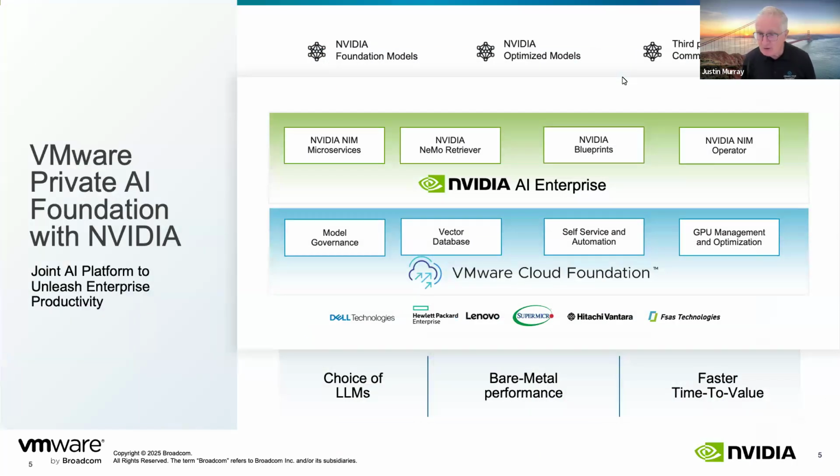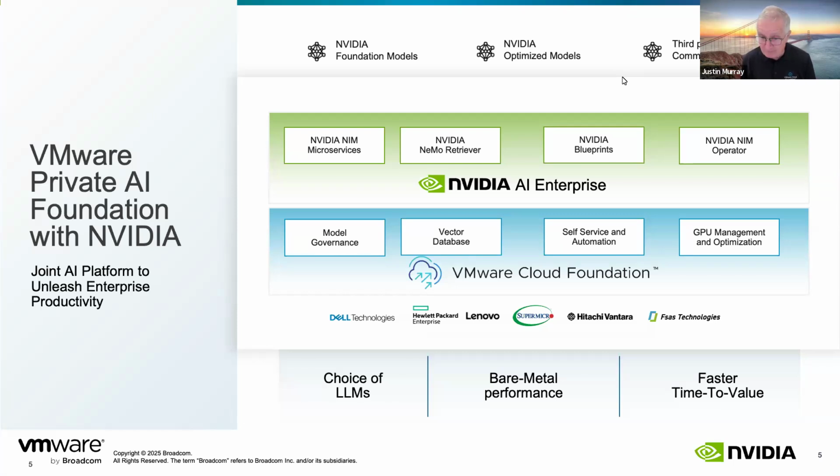So this is the big picture of VMware Private AI Foundation with NVIDIA. It's really the blue layer in the middle of this diagram, which is, as you can see, heavily focused on VMware Cloud Foundation. VMware Cloud Foundation is a prerequisite for using Private AI Foundation with NVIDIA. And the VMware Private AI Foundation with NVIDIA is actually an advanced set of services that you provision into a VMware Cloud Foundation deployment.